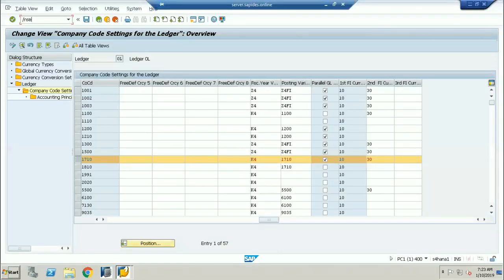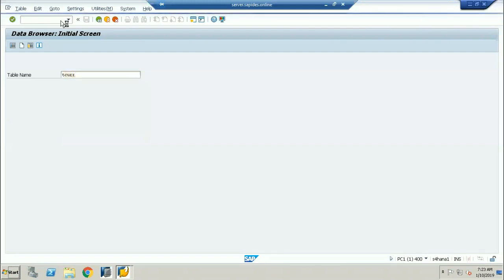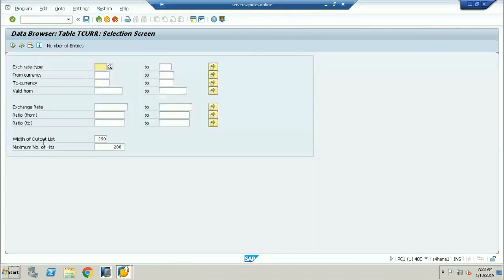If I go to SE16, the TCURR table is very important, along with T001, T030, and T030 6C. These are all important tables at the time of conversion, and they are normally getting updated whenever we are doing it. SM36 normally posts to that table at whatever time we set up, twice daily or once. Whatever changes you have done, you can see the fluctuations. Yes, the TCURR table is still there, sir. No change in the TCURR table.